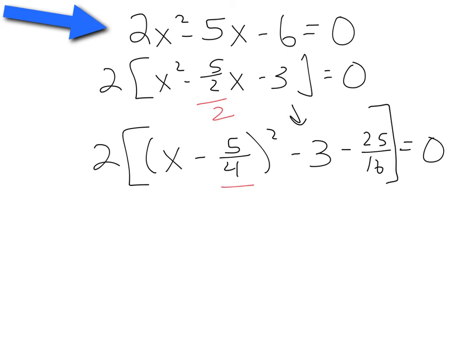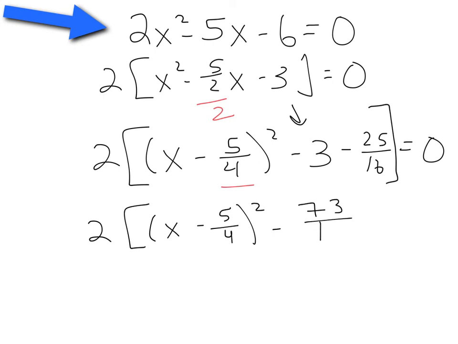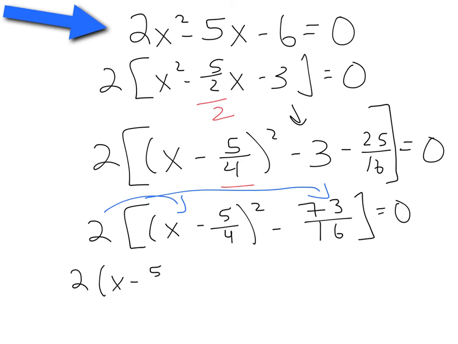So you have 2 bracket x minus 5 over 4 squared minus 73 over 16. Okay, and now for the last step, you want to distribute that 2 onto the first term and onto the second term, okay? So the final answer would be 2 times x minus 5 over 4 squared minus 146 over